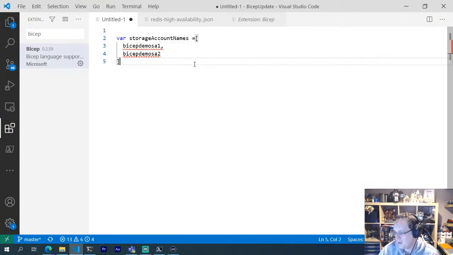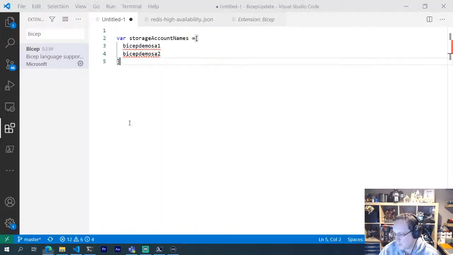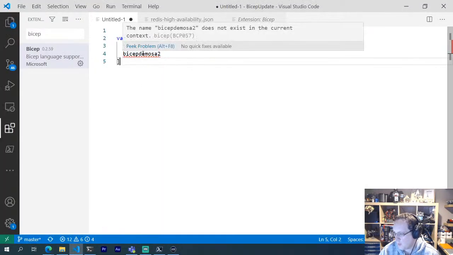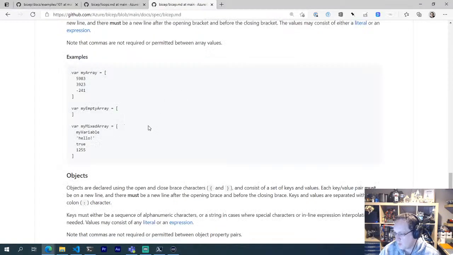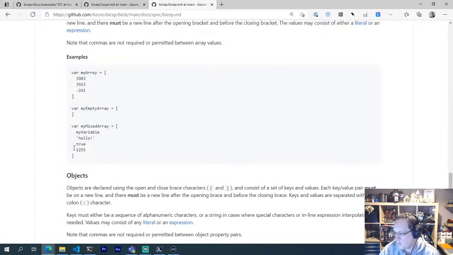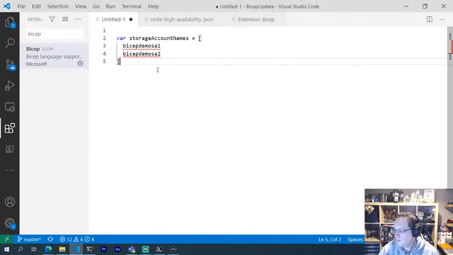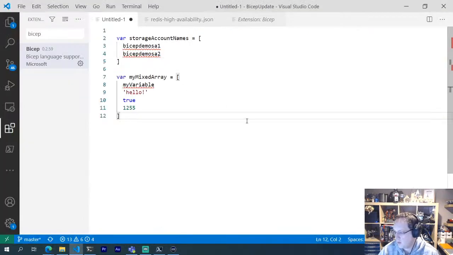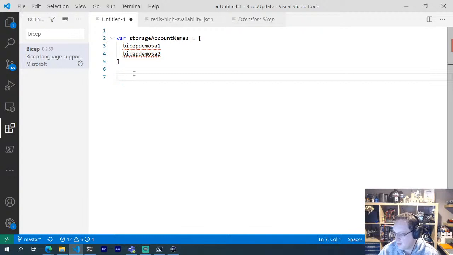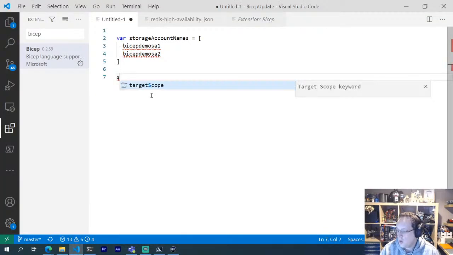Remember the actual, what's it complaining about? It doesn't need that either. I guess the syntax highlighter doesn't like it anyway, so we'll just do that. Okay, so